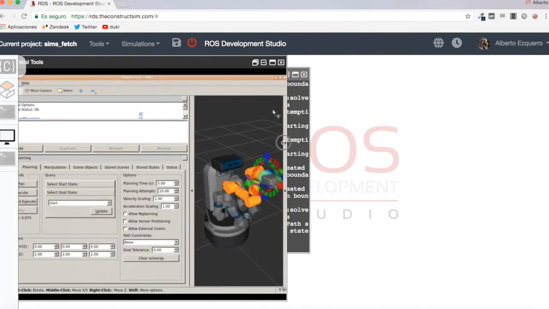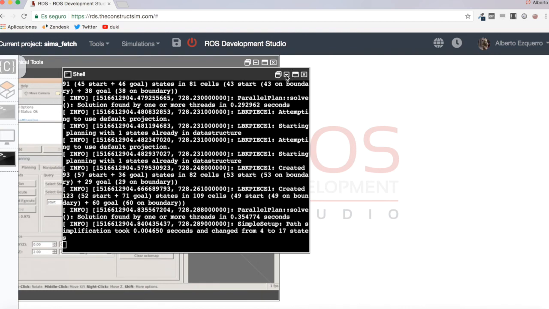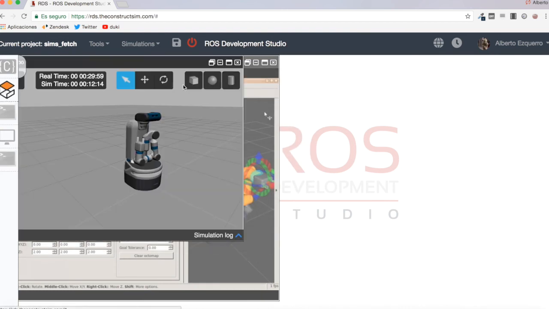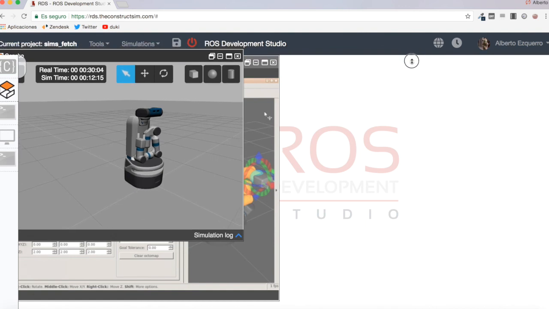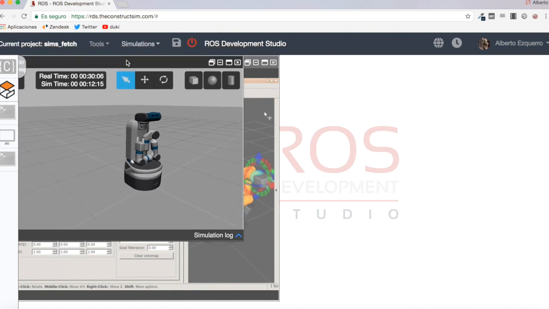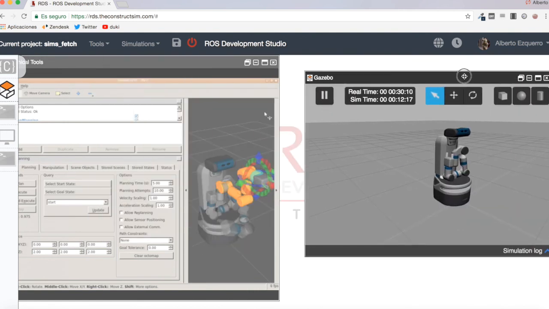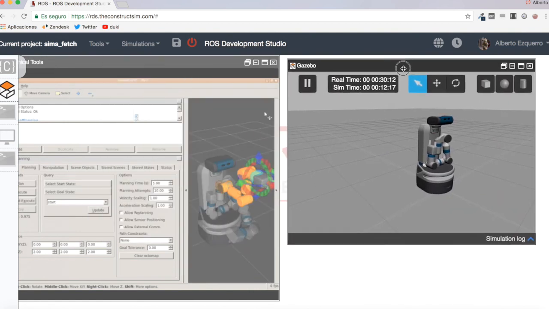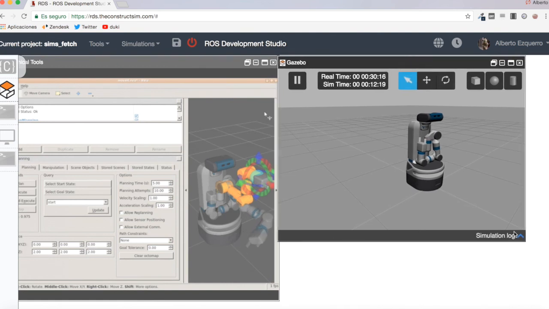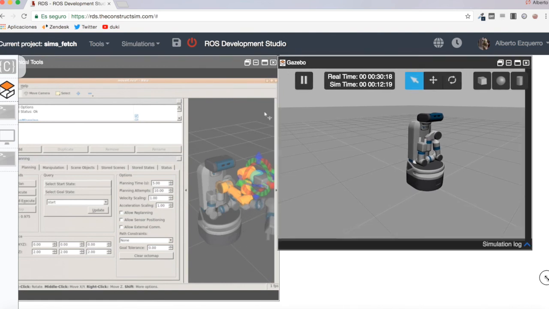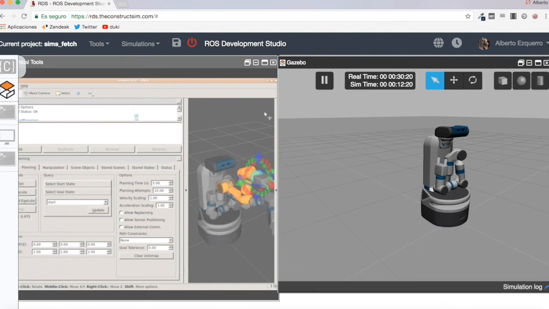So let's put this here and let's put the simulation right here to view it better. Okay, so let's put it here for instance, and now